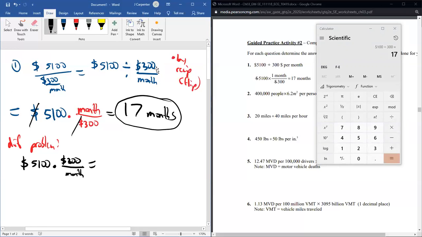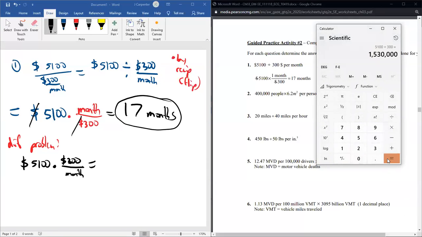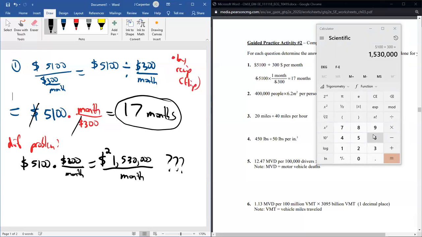Okay, well, the 5,100 times the 300, that's just math, which would give us a big number, 1.53 million. The dollars are not top and bottom, they're both in the top, so they stack, so it's dollars squared. The month is in the bottom. What in the heck is this? This makes no sense. What is a dollar squared per month? In terms of a rational, real-world thing, it doesn't seem tangible,